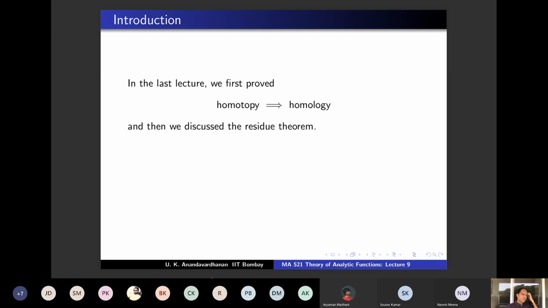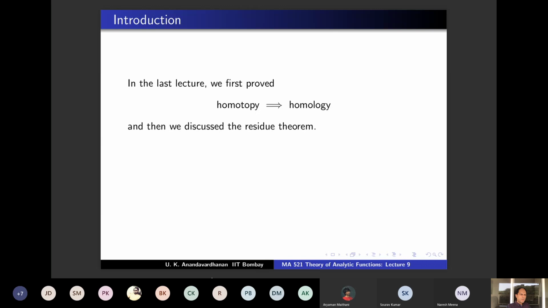Then (1/2πi) times the integral of f(z) dz over the cycle is